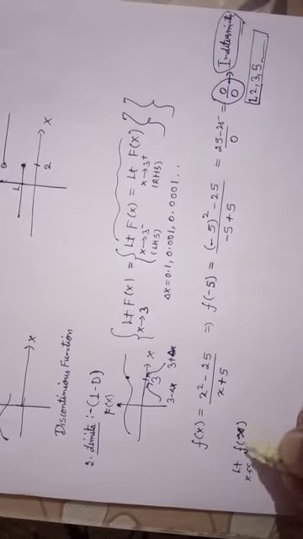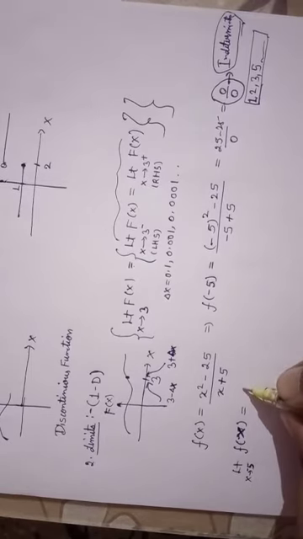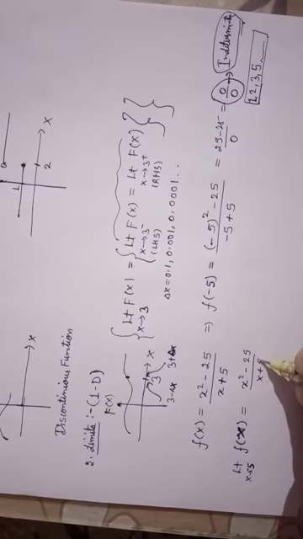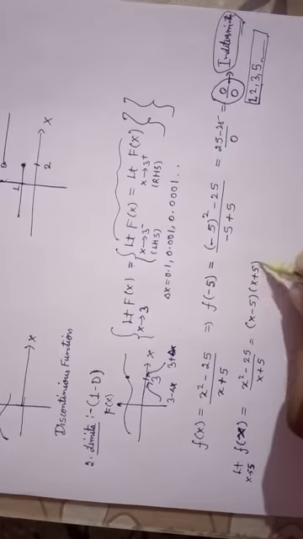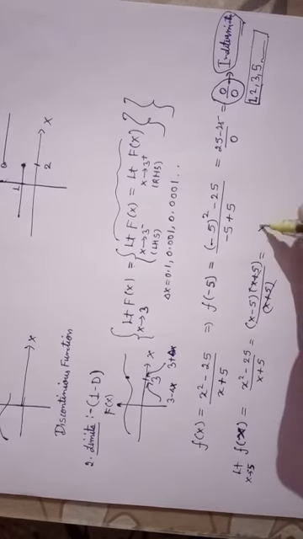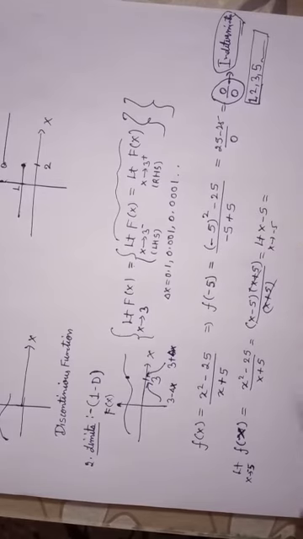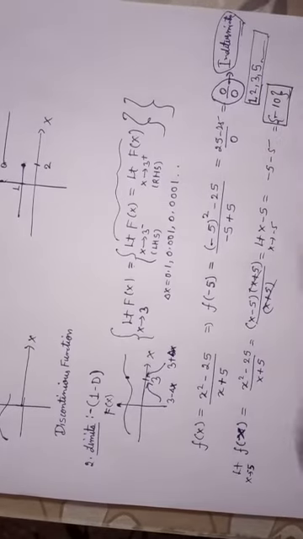So this is limit x tends to minus 5. This is f of x actually. This x value we will place here. This is x tends to minus 5. So here we put it. Now x square minus 25, how are we going to solve this? This is fairly simple. x minus 5, x plus 5, over x plus 5. So these two will be cancelled out, and this will be x minus 5. So putting the value, limit x tends to minus 5, we get minus 5 minus 5, this will be minus 10. Now what exactly does this minus 10 say to us?